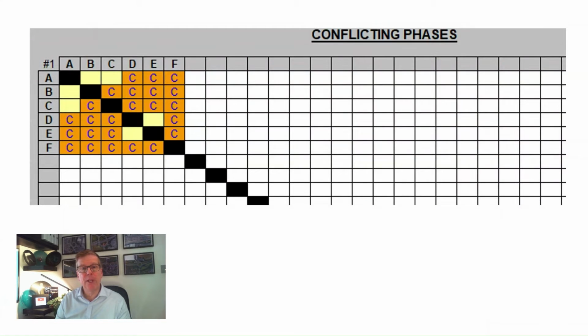A conflict matrix is programmed into the traffic signal controller, or TSC for short, to reflect all of the possible conflicts. In this simple example, you can see that the conflicts above the diagonal line are symmetrical with those below it. The TSC contains a safety monitoring system, and in the event that two conflicting phases were to be active at the same time, this would automatically shut the TSC down.